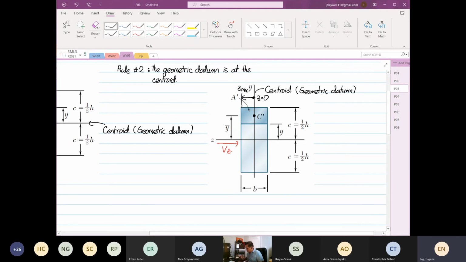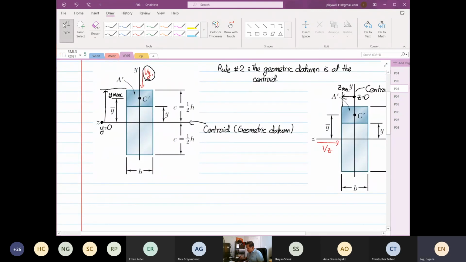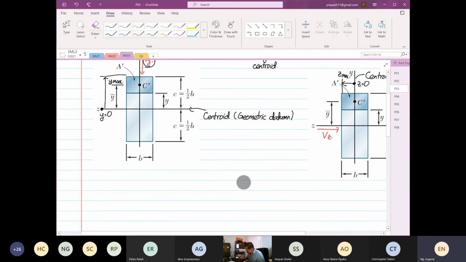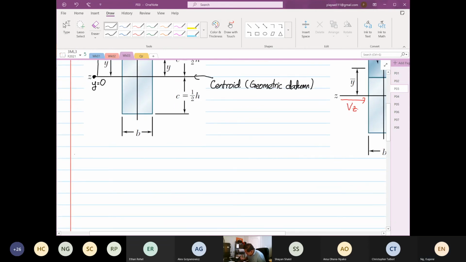So you know where the datum is. The datum is also always at the centroid, depending on where the applied force is applied. Rule number 3: the analysis direction